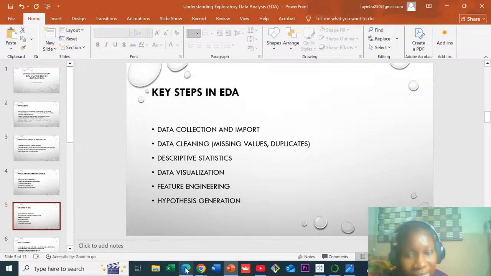Next, when we're talking about descriptive statistics, you are going to see how we'll carry out descriptive statistics when we look at our project, okay? Then the next thing we'll be doing is data visualization. Like we said earlier, we'll be using graphs and tables or statistics in analyzing these data